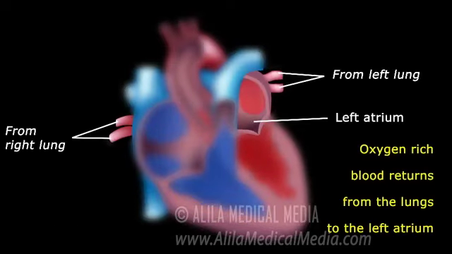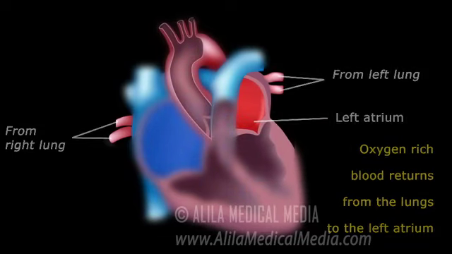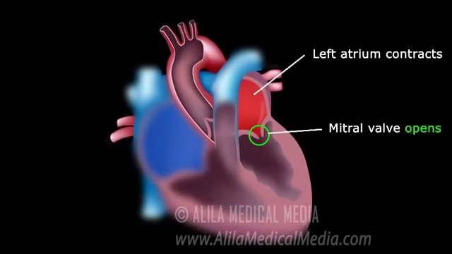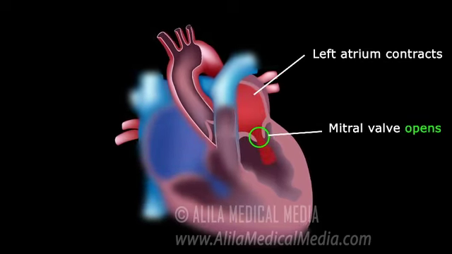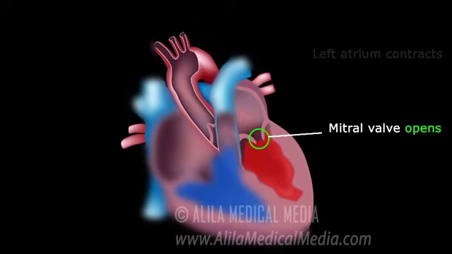Oxygen-rich blood from the lungs returns to the left atrium of the heart. As the left atrium is filled with blood, it contracts, the mitral valve opens, and blood is pumped into the left ventricle of your heart. This occurs at the same time as the right atrium pumps blood into the right ventricle on the other side